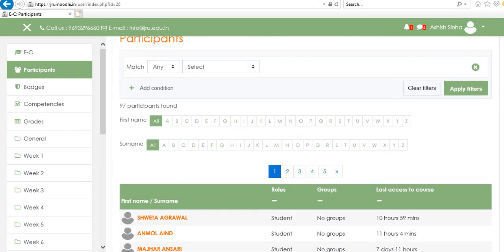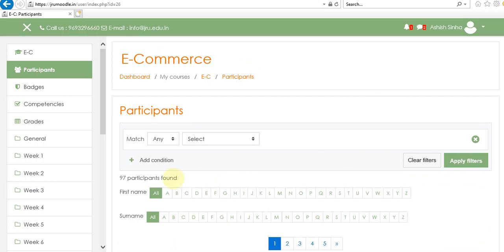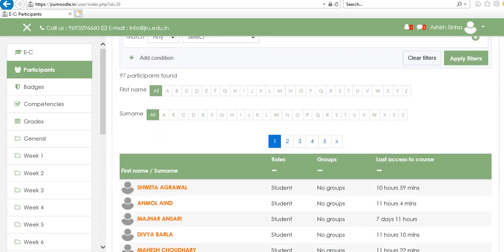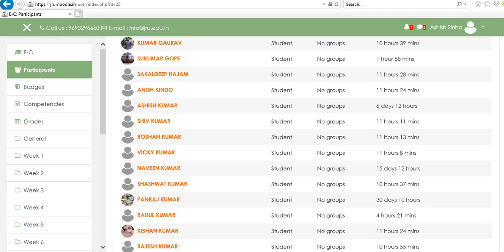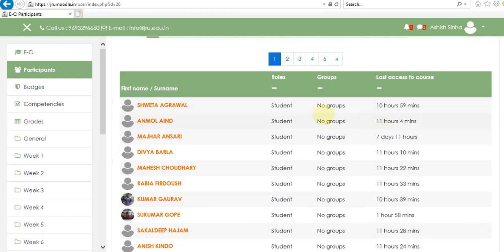So in this course there are a total of 97 participants added, including faculty members, students, and some official persons. Okay, so all these students are here, and even your faculties can see your last access to the course. It means when you last accessed your course, it is also displayed in this section.